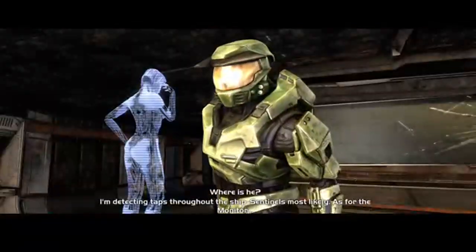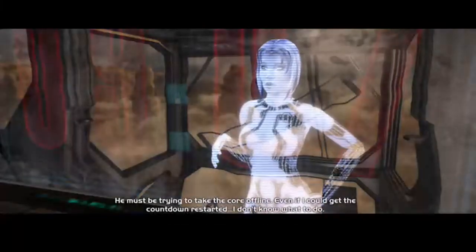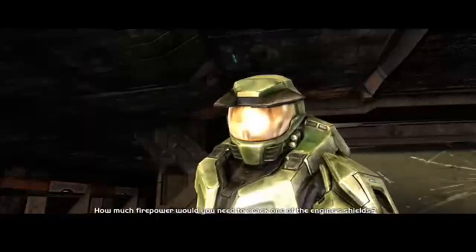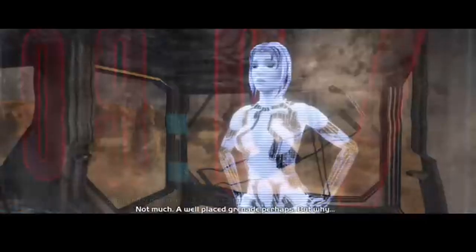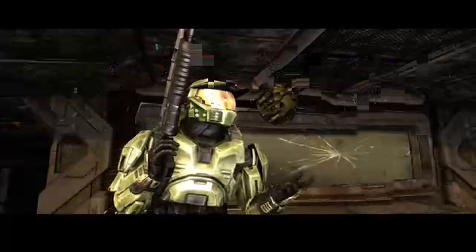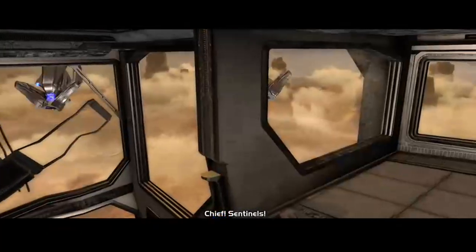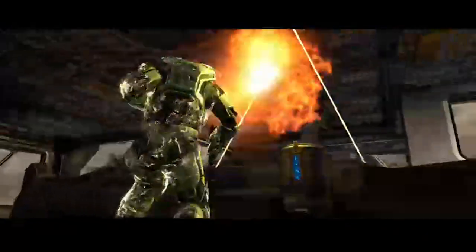Where is he? I'm detecting traffic throughout the ship. Sentinels, most likely. As for the monitor, he's in engineering. He must be trying to take the core offline. Even if I could get the countdown restarted, I don't know what to do. How much firepower would you need to crack one of the engine's shields? Not much. A well-placed grenade, perhaps, but why? Well-placed grenade. Yes, we have grenades. That's all. I'm coming with you, Chief. That doesn't quite look right. Oh, there we go. Oh, we still have a